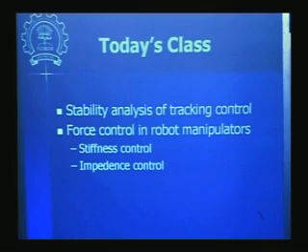So the stability analysis of the tracking controller that we have presented in the last lecture. We have seen this Lee and Slotine kind of controller in the last lecture. So this stability analysis we will carry out in today's class. Before that, we'll revise some of the fundamentals of Lyapunov theory again. It is a new topic, so we'll do a little bit of revision of Lyapunov theory again. And then we'll move on to force control.